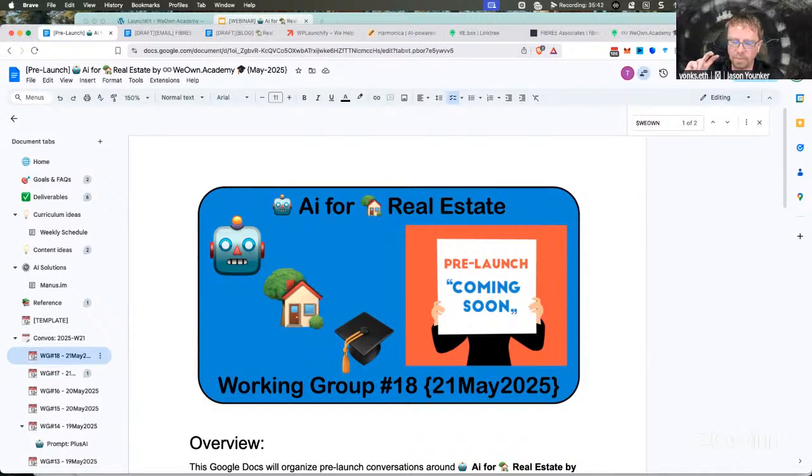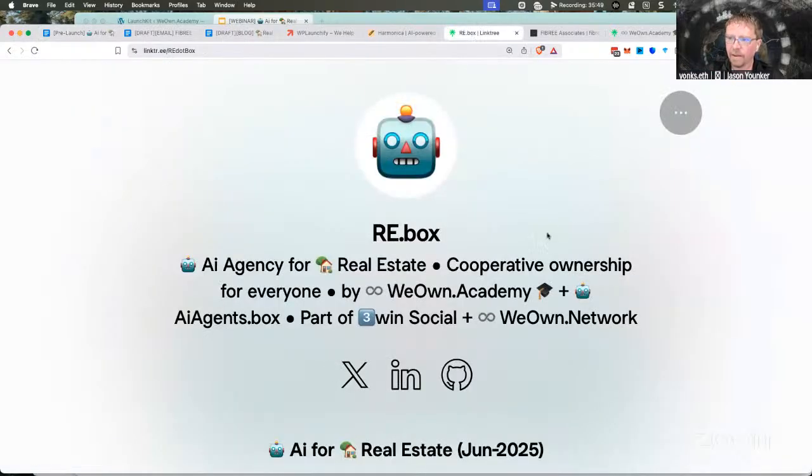So we're going to be creating the AI agency that we're talking about, like re.box. It is basically going to be a cloud environment for an individual or their small real estate business that they will own, and there will be multiple Docker containers in that, which are AI agents that have different roles within the agency environment that we architect.